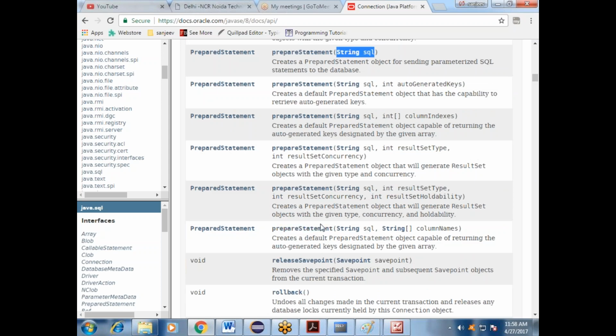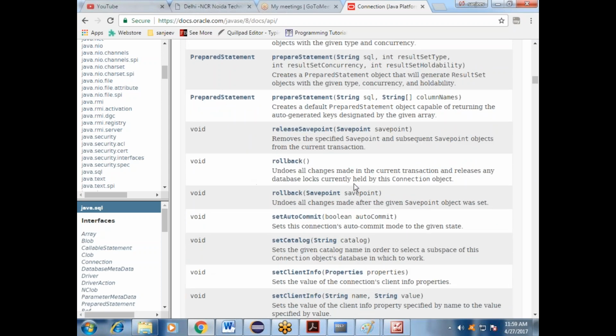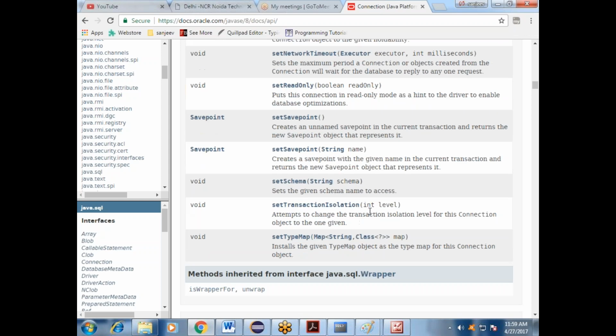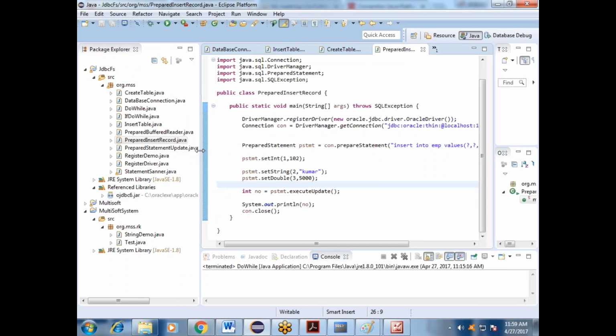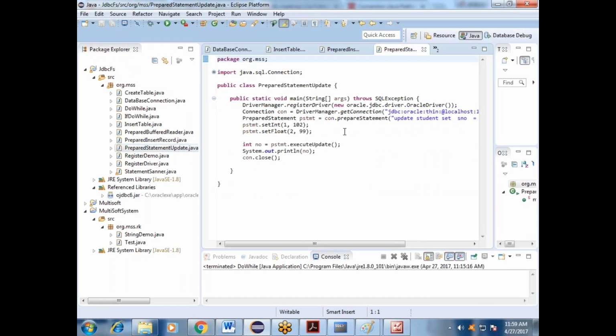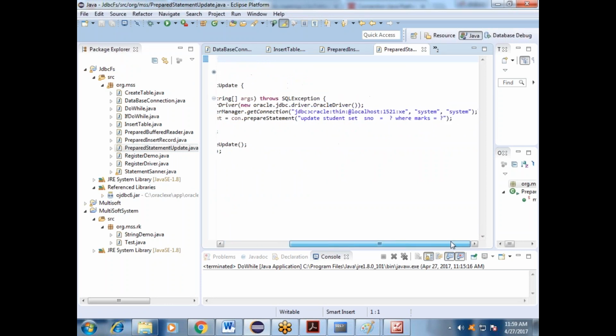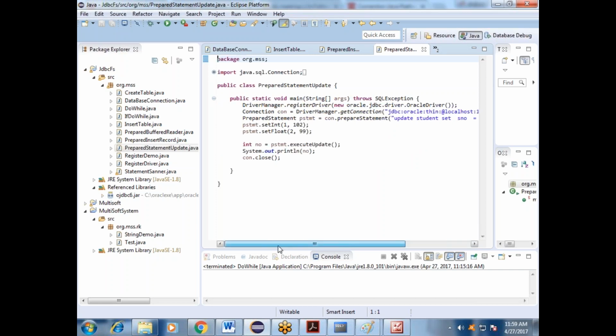So see, we have prepare statement, and it also has parameters. Based on the requirement, you can implement and use it. Okay, so your program has been run? Yes. So this is the way of prepare statement. The same thing happens with execute, update: all those things come through the prepare statement also. You can prepare, execute, update. Whenever you need to update, for example student name, student number as a positional parameter, that's how you can update also.